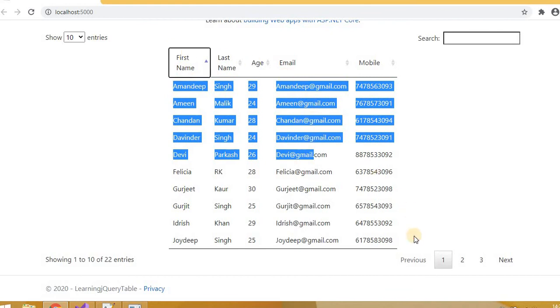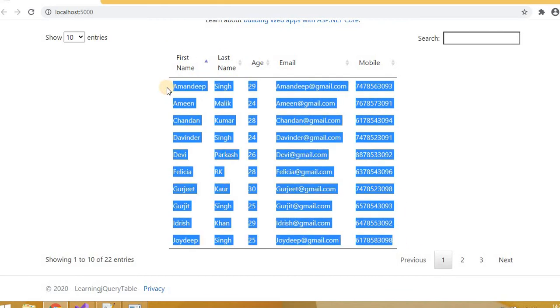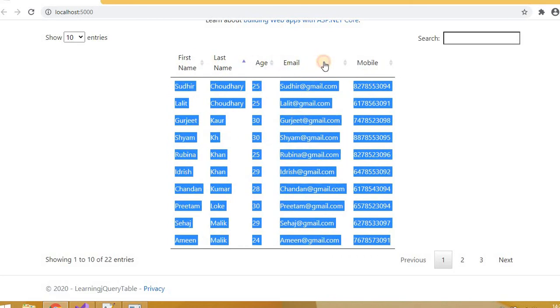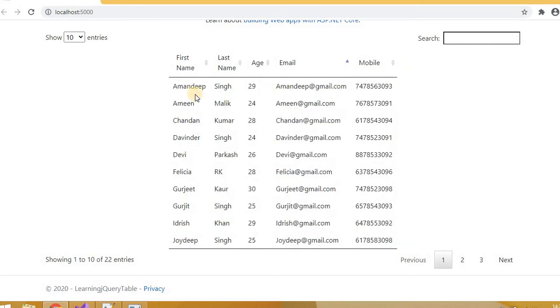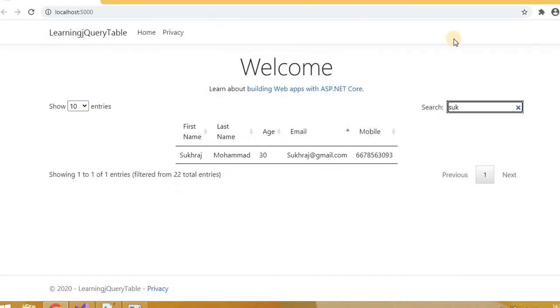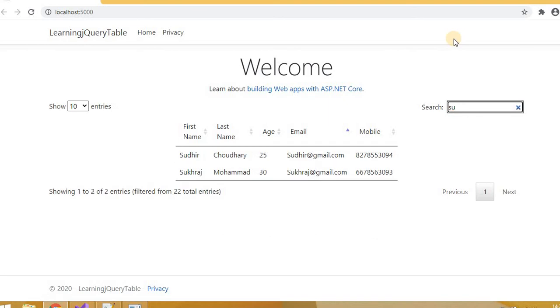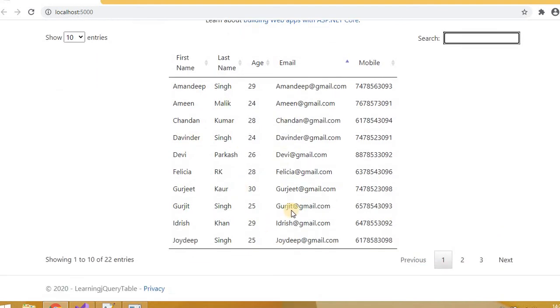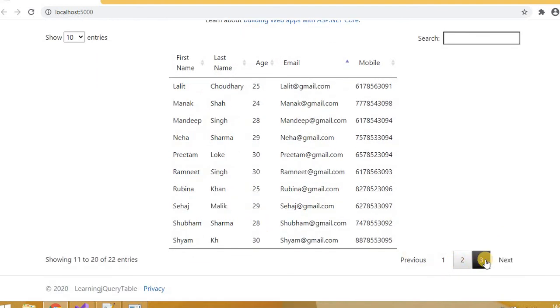Actually, we can define multiple CSS classes here, like how much width we want and other things. Here I'm just using first name, last name, and then age, email, mobile number. If you see here, we can even search as well.